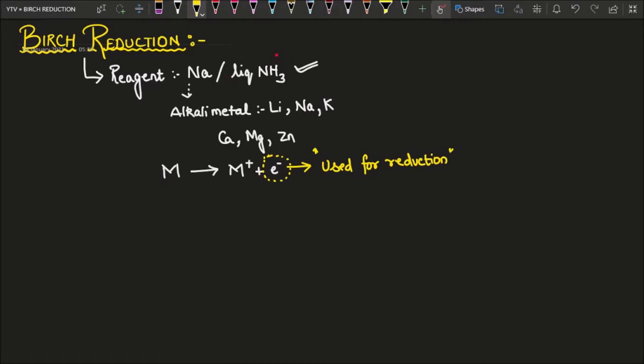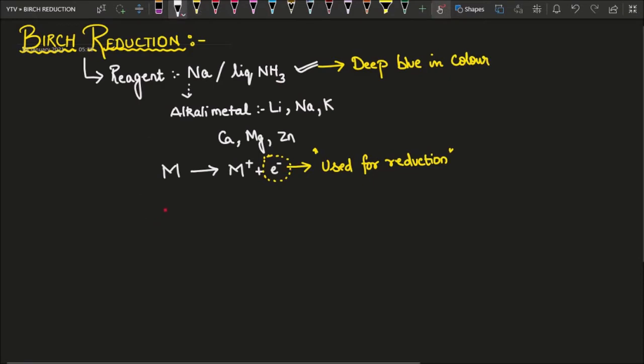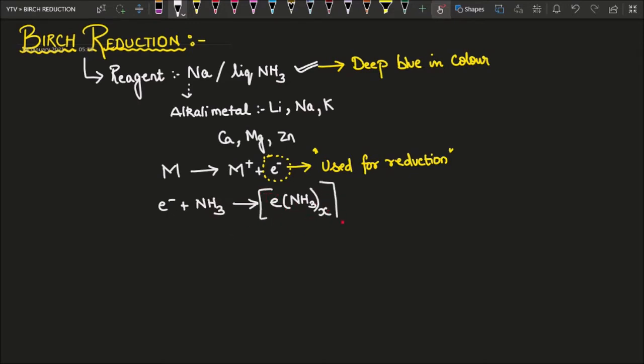Now what is the role of liquid ammonia? When you dissolve sodium metal, or any metal, in liquid ammonia, the solution turns deep blue in color. The reason is that the electron gets ammoniated. The electron released from the metal is surrounded by ammonia, like e(NH3)x, where x moles of ammonia surround the electron and form a complex. This complex has a blue color. That is why the solution looks blue, and this ammoniated electron is used for reduction of the